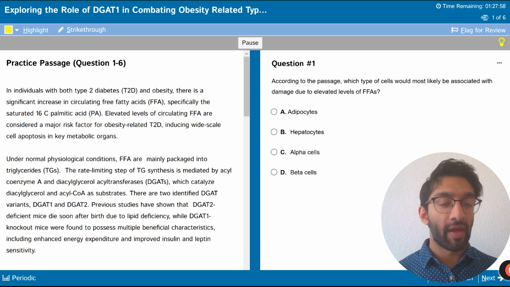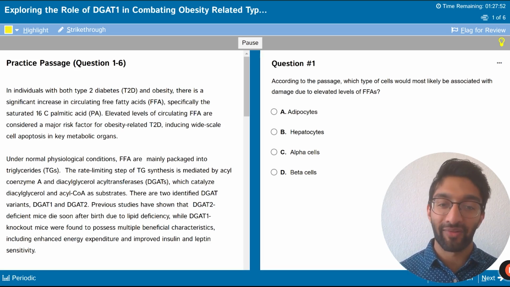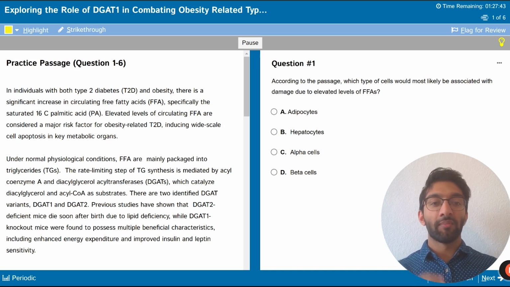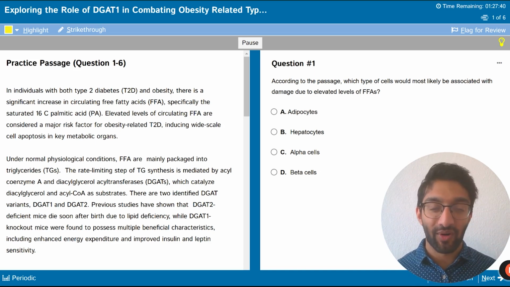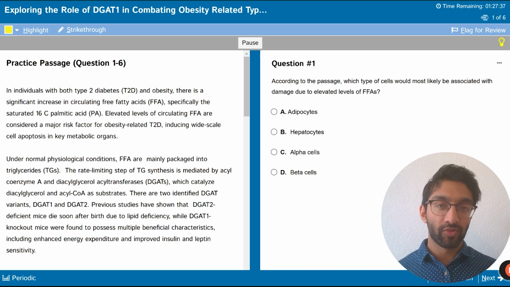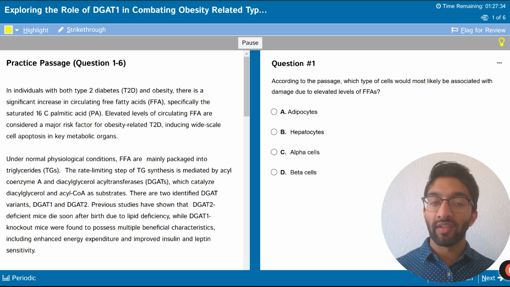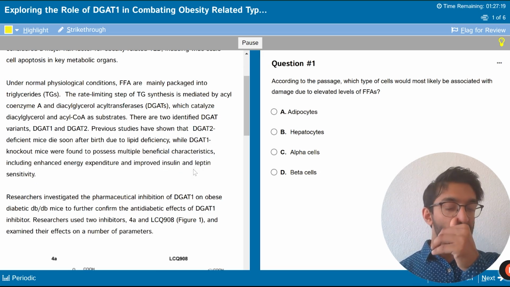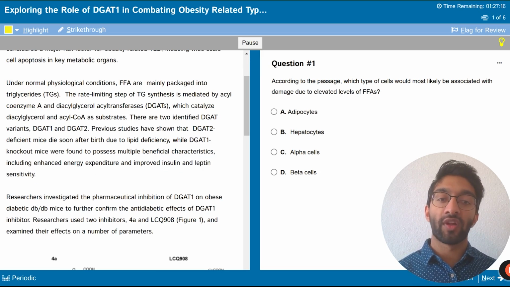Okay, so now we have hepatocytes or liver cells and alpha and beta cells, which we know are both in the pancreas, right? And I already gave you the hint there. But the most important thing for this question is to realize, once again, the context that the passage is in. So sort of this main idea, we can borrow a concept from cars. The main idea of the passage is how can we treat diabetes and obesity, and more specifically, the negative effects that fatty acids have on these conditions. And we saw in figure 2 that if you knock out DGAT1, it'll actually improve the insulin sensitivity, right? And in general, you should know that diabetes is a disorder that is associated with insulin.